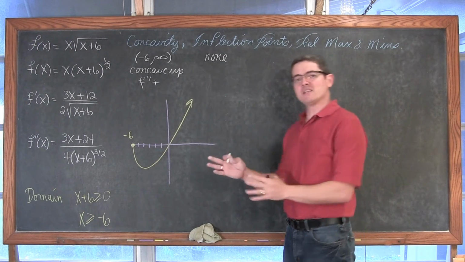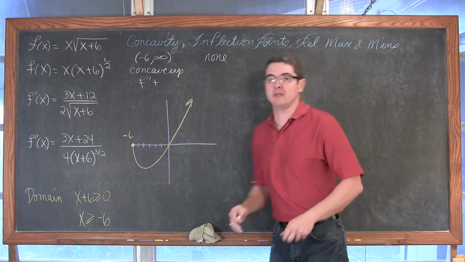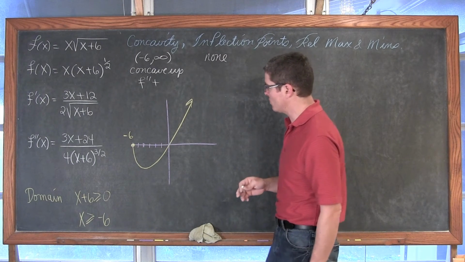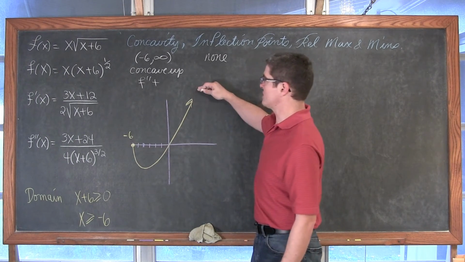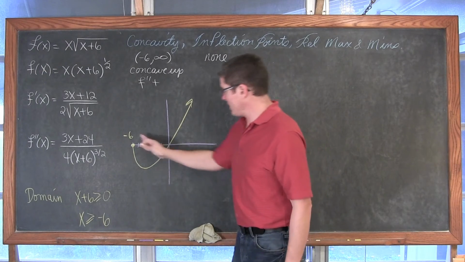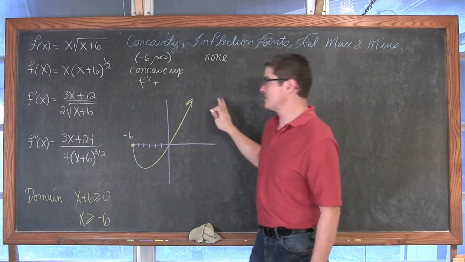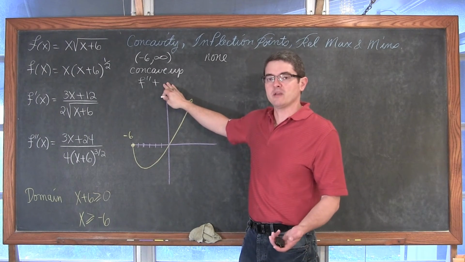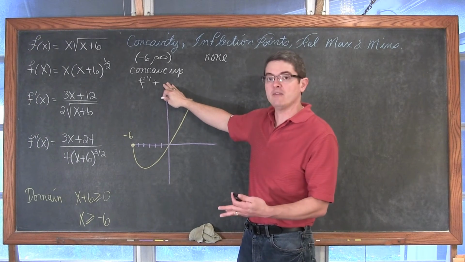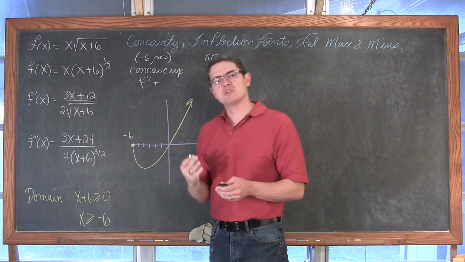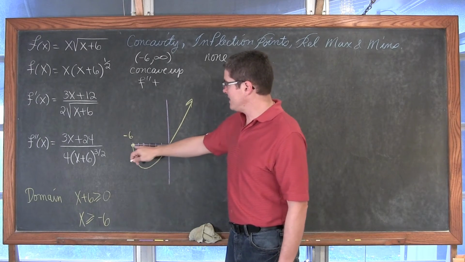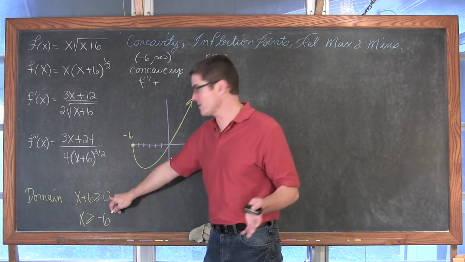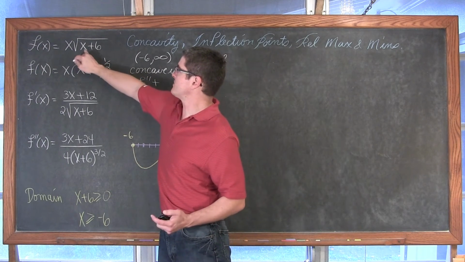Okay, to help us finish up the last piece of this puzzle, which is where are those relative max and mins, I went ahead and kind of cheated a little bit because you could very well be doing these problems without the aid of a calculator in some schools. But I drew us this function just to remind us of a couple of things here. One, we can see the concave up that we found between negative 6 and infinity. Secondly, we're going to find a relative min in here somewhere, and it should be obvious because we only have a concave up situation. But I also wanted to just highlight with this particular question that it is defined at negative 6. I can take negative 6, remember that's where our domain started, and I can plug it in. Negative 6 plus 6 is 0.